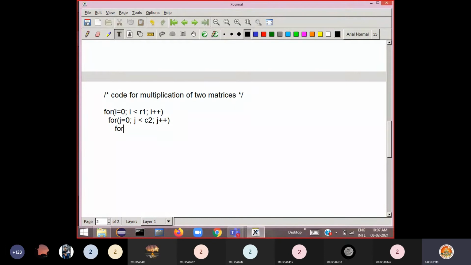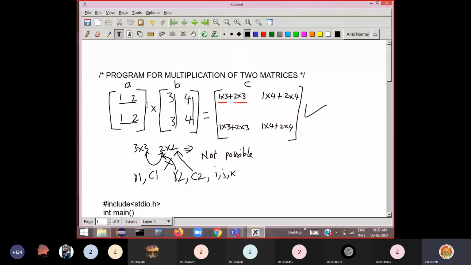So you require for k is equal to 0, then k should be less than... see here, it is 1 multiplied by 3 plus 2 multiplied by 3. Either it can be repeated for each element of a first matrix row or each element of a second matrix column, so either the number of columns of the first matrix or the number of rows of the second matrix.